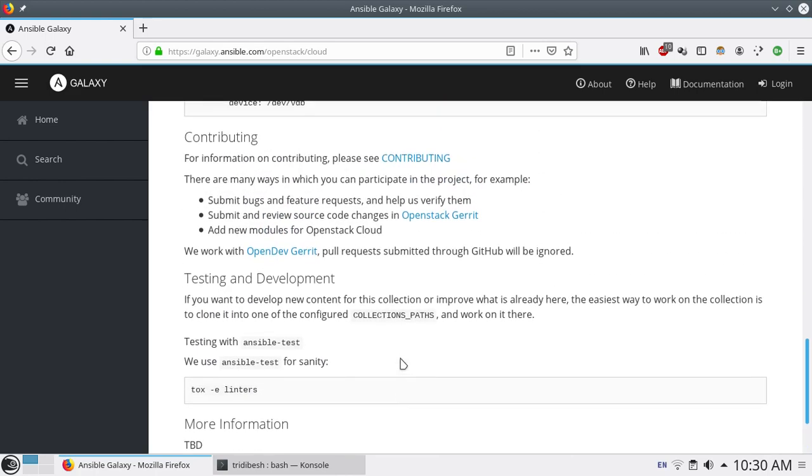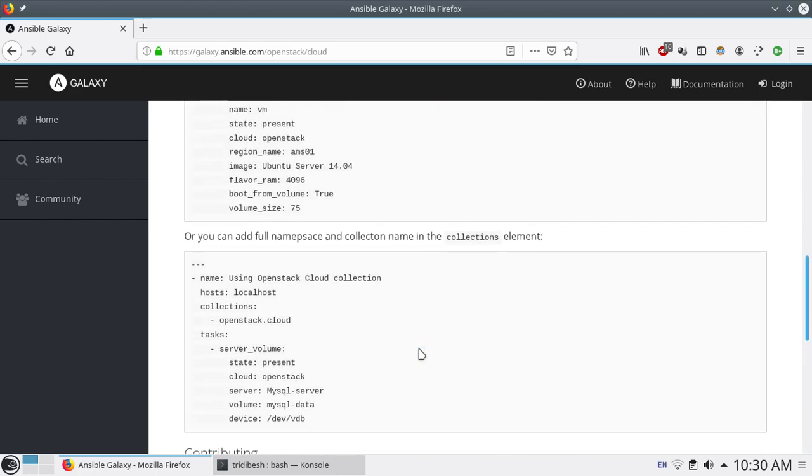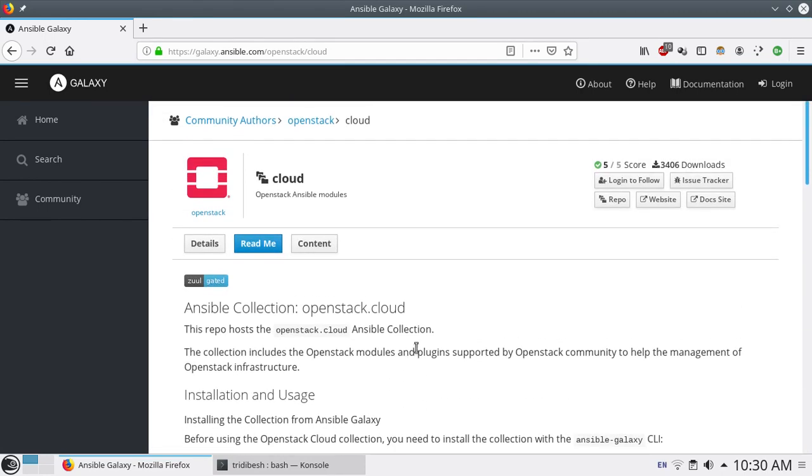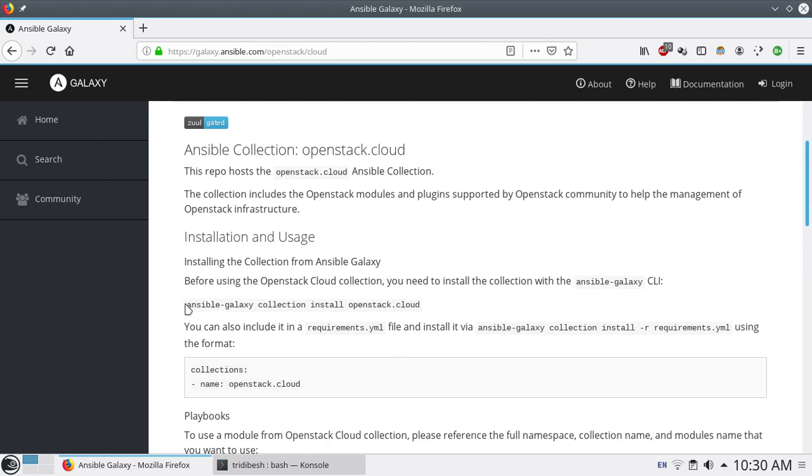If you want to use this Ansible role, you can use this command. They will give you the command on how to download it. For downloading any roles from Ansible Galaxy, you have to use the command ansible-galaxy, and if it is a collection, you do collection install and then the role name, or you do only install and the role name. It will install that particular role from Ansible Galaxy.